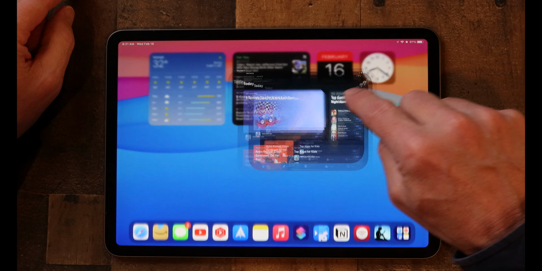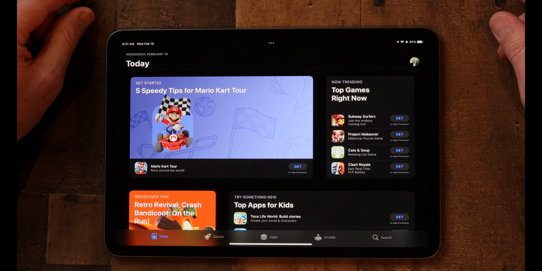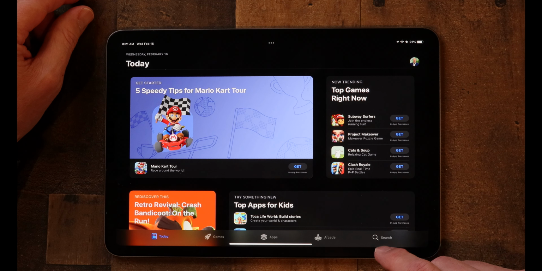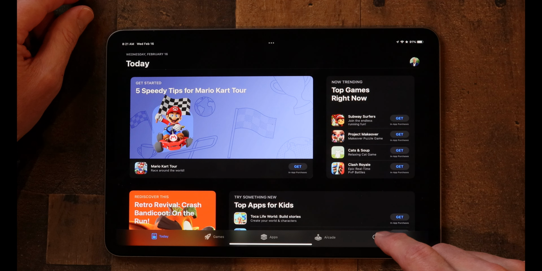So the next thing I want to talk to you about is how to search for an app. All you have to do is tap on the App Store icon. That's the app with a big A in it. And by the way, app is short for application, which means a little software program. And once the App Store opens, in the bottom right, you'll see the search icon,